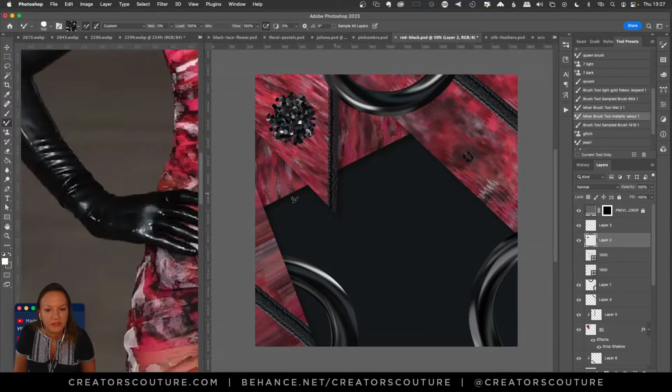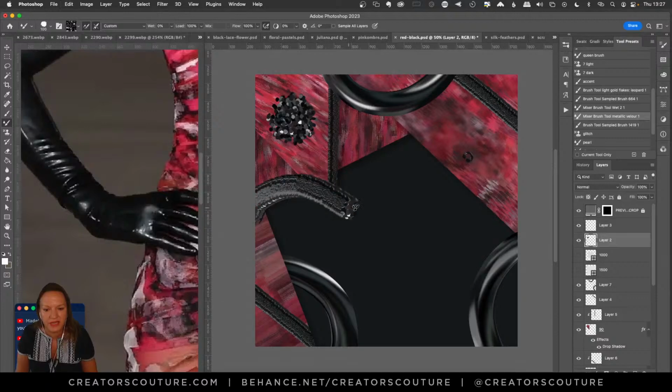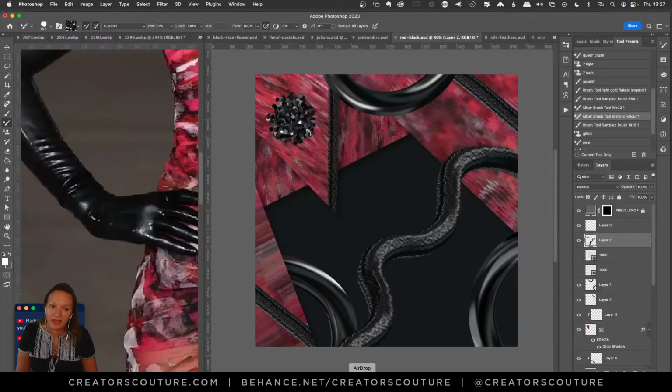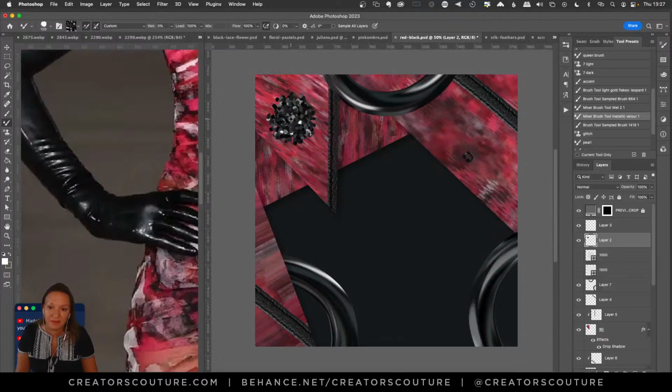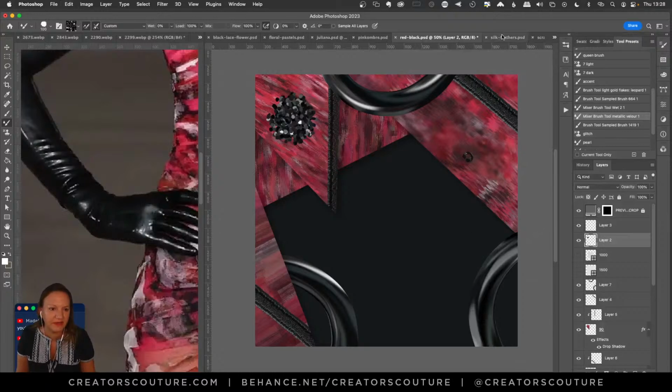And then I also used one of my metallic velour brushes. Here you can see it in action that I created in my other live stream. And I sampled from the same color palette as you can see here, and it created more of a velour effect, and I thought that was fun to play with. So I love playing with all the textures and all of that. So I'm going to leave that one there.